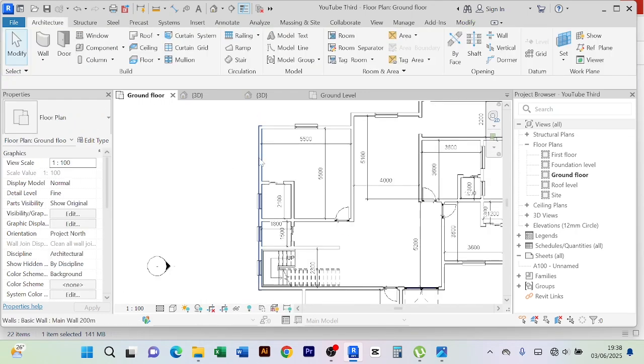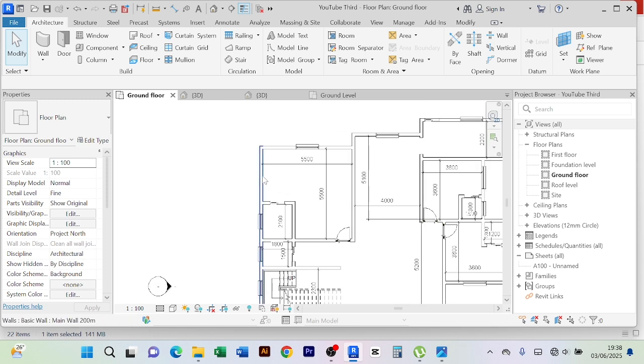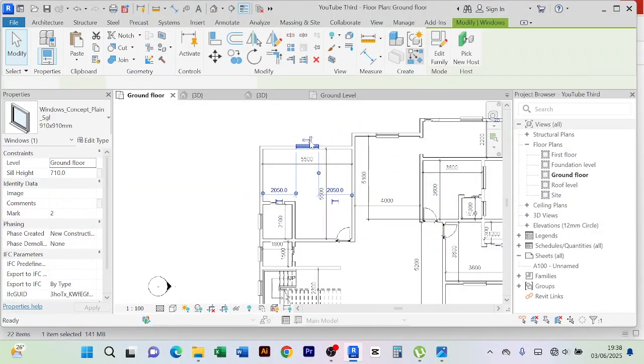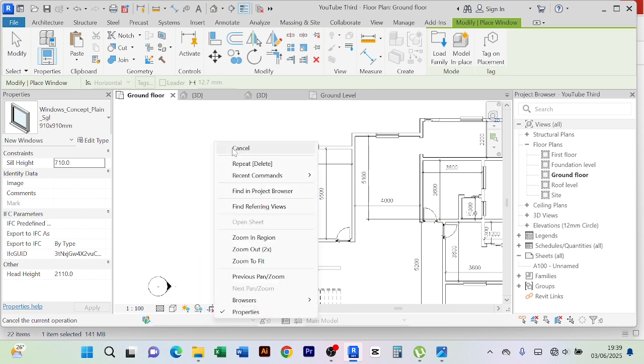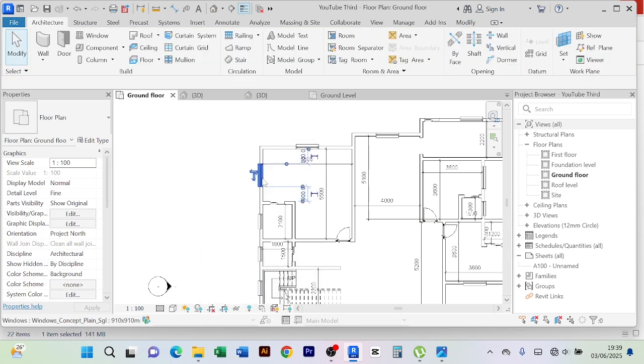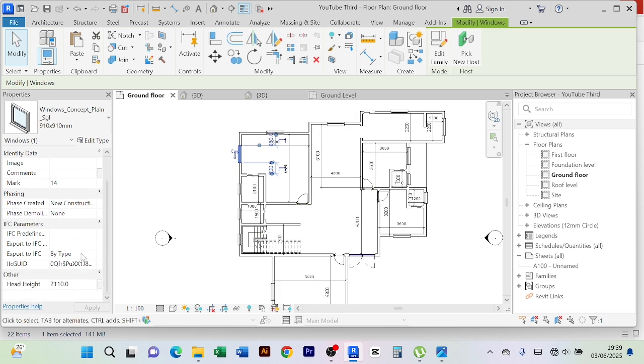So I believe this side of our master bedroom also deserves a window, because this one doesn't look enough for it at all. So we shall create a similar one and place another window here. So all we need to do is to go to our